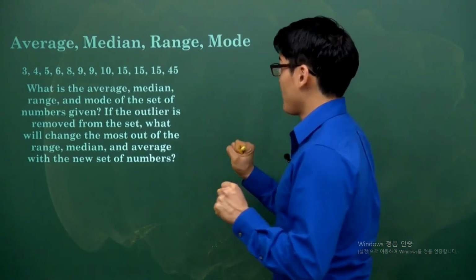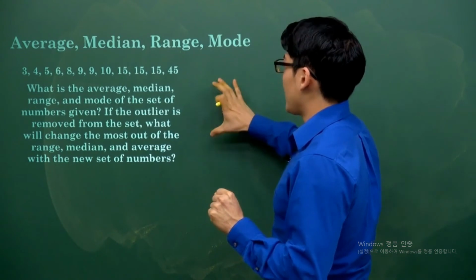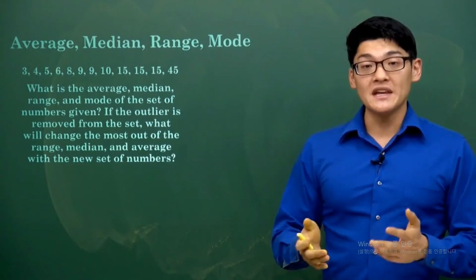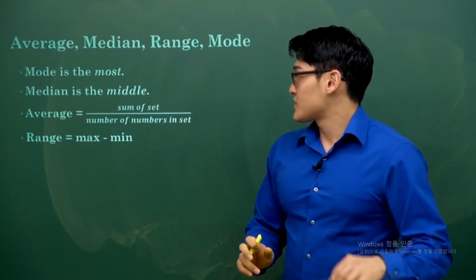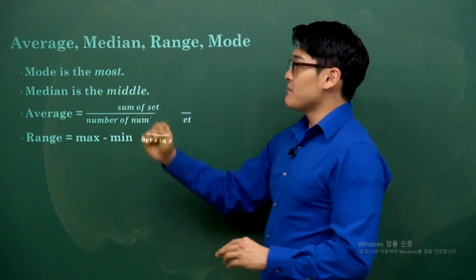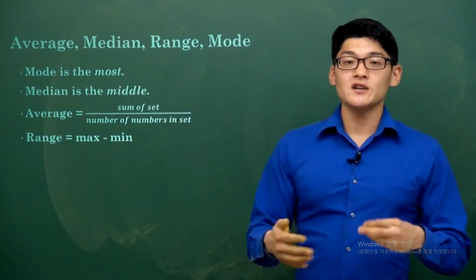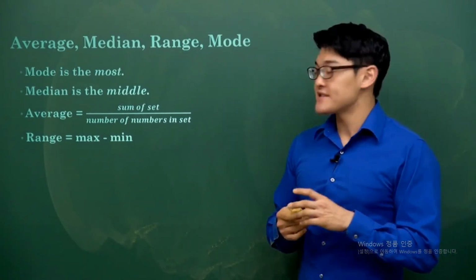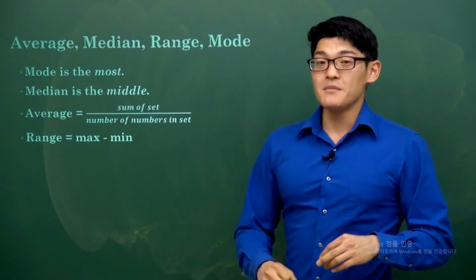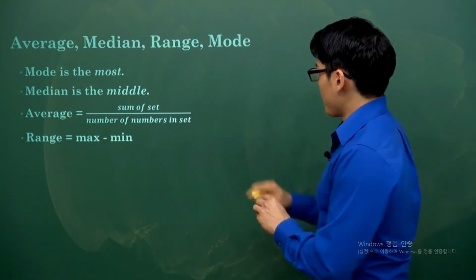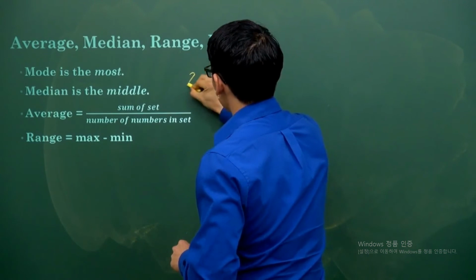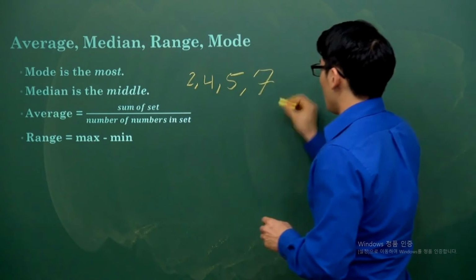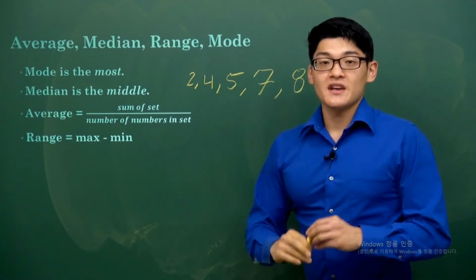Okay, so what we have now is this question, and you need to know what the average, median, range, and mode mean. It's very important. So let's go over that. Mode is the most, meaning out of the set of numbers, what occurs the most frequently is the mode. We'll look at what that is in a bit. Median is the middle, meaning that if you have a set of numbers organized from smallest to biggest, smallest to greatest,